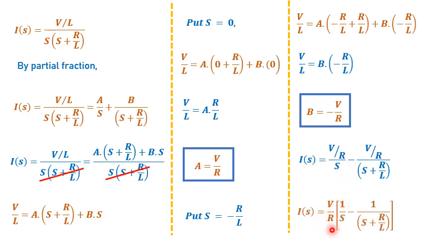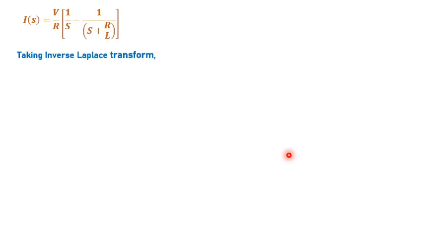You can take V by R outside and write 1 by S minus 1 by S plus R by L. So what is the inverse Laplace of 1 by S? It is 1, and this is of the form 1 by S plus A. So inverse Laplace will be e power minus AT. Here in place of A there is R by L. Therefore taking inverse Laplace, we will get